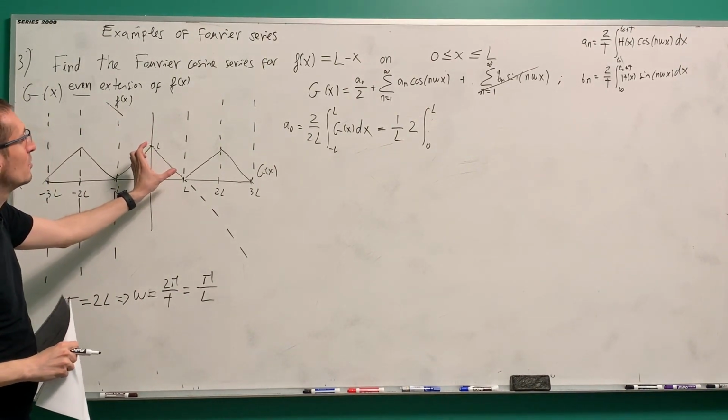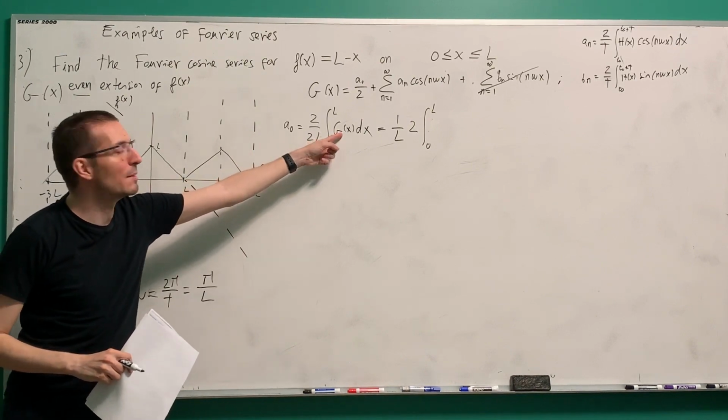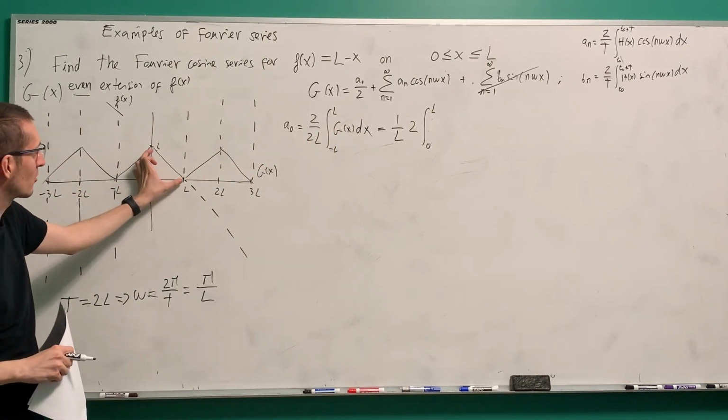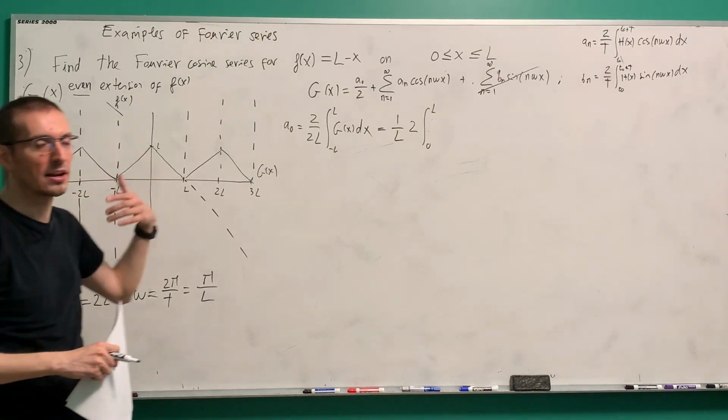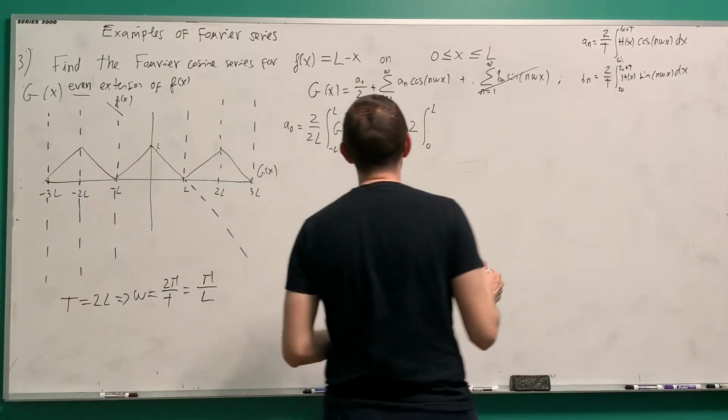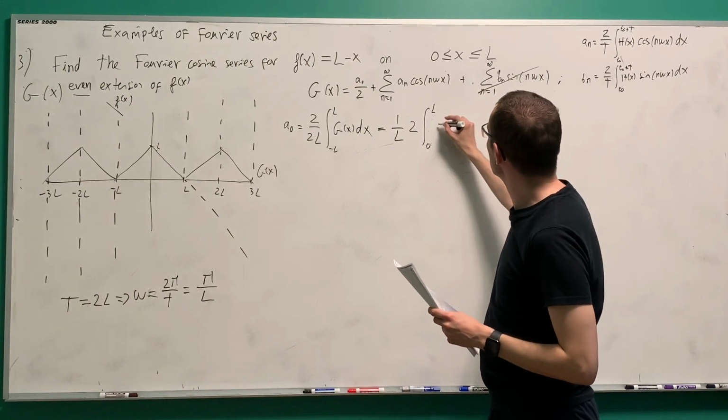If I wanted to do this full integral, I would need to write the piecewise version of this and do one integral here and one integral here. I don't have to, because it's even, so it's enough to do that one, and I don't have to deal with piecewise functions. So this in here is L minus x